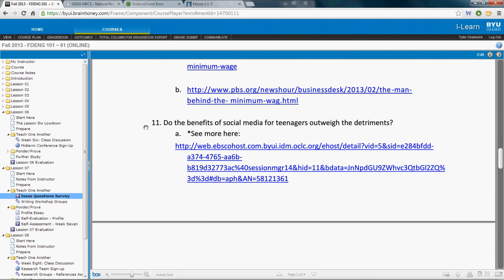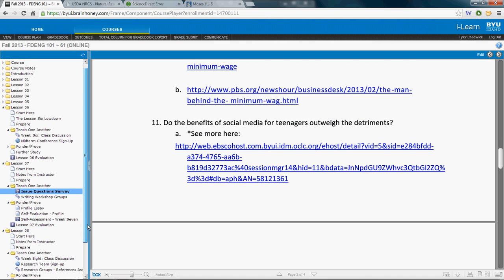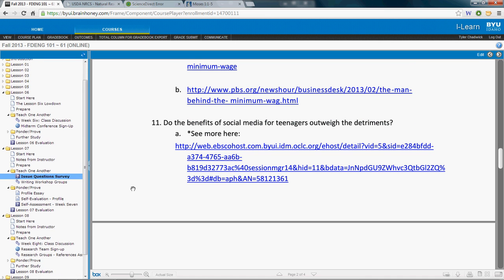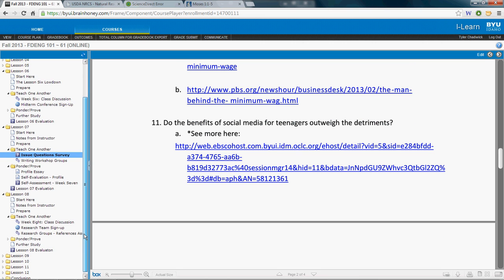And then starting in week 8, based off of how many people choose which issue, I will put together a list of several issues that you will then sign up for. A research team sign up, and you will begin working. That is the group that you'll be working with for the remainder of the semester.